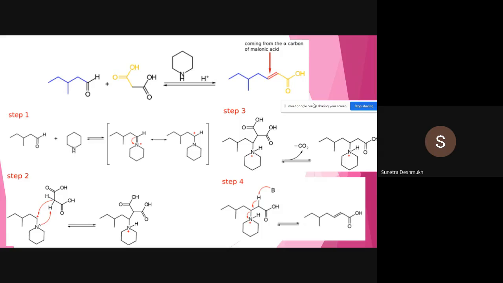So again, they have taken the same example but with piperidine as a catalyst. So maybe they have checked the reactivity. This is safe to use, but if you pay attention, the arrows are reversible. That means the possibility of getting this type of product is 50-50%. So reversible conditions, that means once you got the product, it can be reversed to the starting material. So this is a reversible reaction.